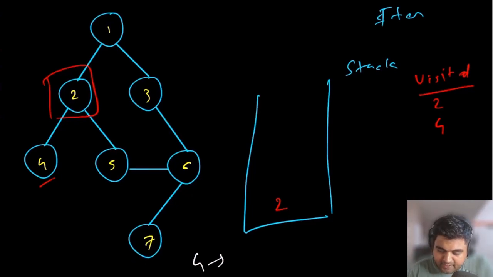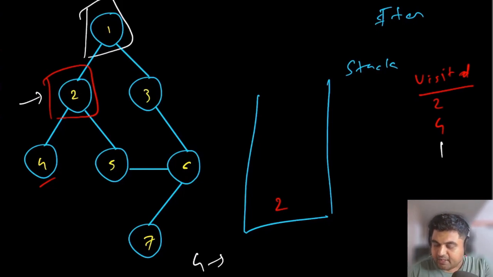After node number 4, we are again back at node number 2. Still it has neighbors that we haven't visited. So let's just say we visit node number 1. We mark 1 as visited. We add entry 1 over here. Again, 1 has neighbor 3 that we haven't visited. So 1 and 3 come into the stack and visited hash set. Again, 3 has node 6 that we haven't visited. So 6 comes here. Again, 6 has 7 that we haven't visited.